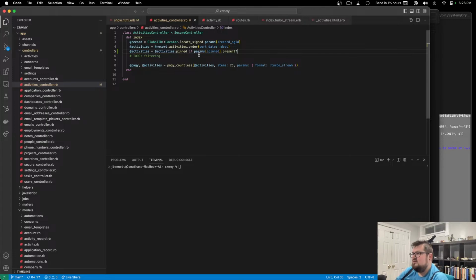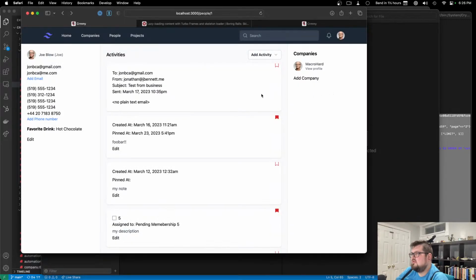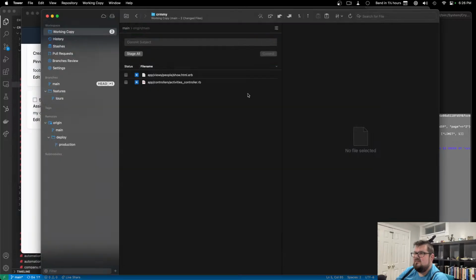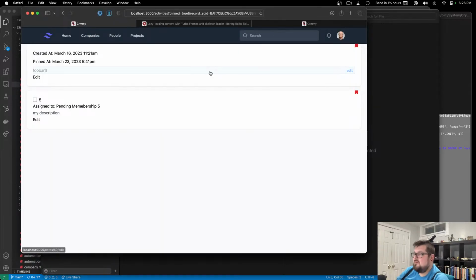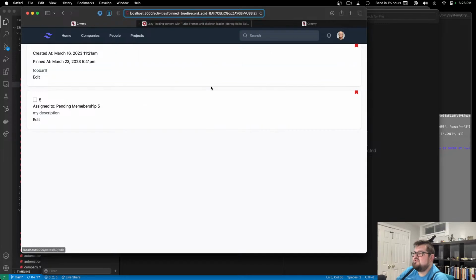All right. Well, let's see what this does. Yeah, and then we're redirecting again. Why are we redirecting again? What did we get for a path? So we're going to the pin to true and record sgid